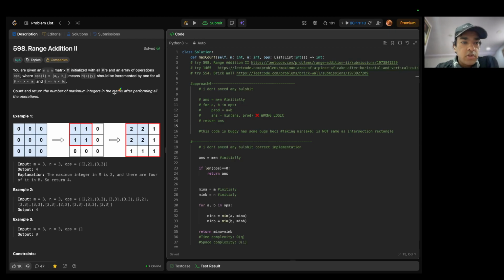So what I thought of this question was, what the problem is saying is we are given a matrix of m cross n size and initially it has all zeros. Then we are given queries in this ops that will make it plus one in the entire range of